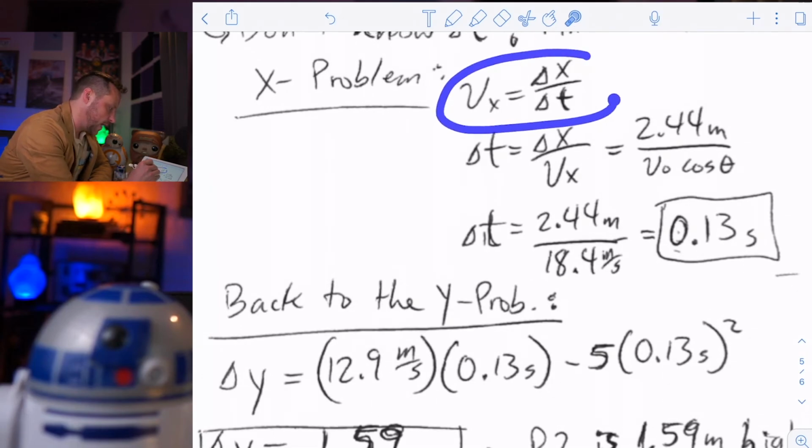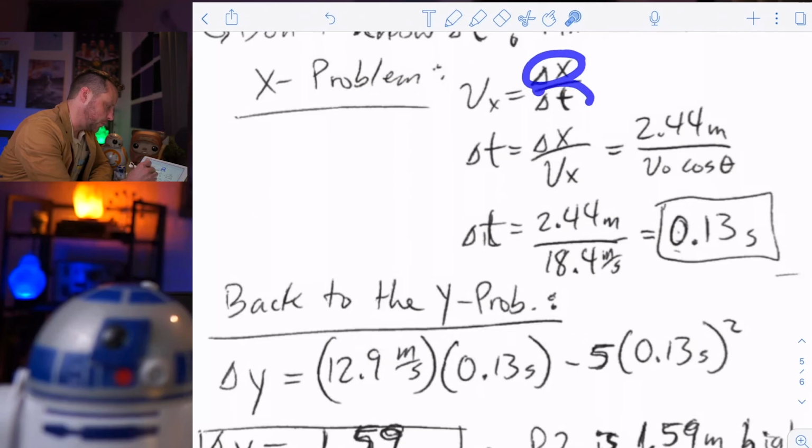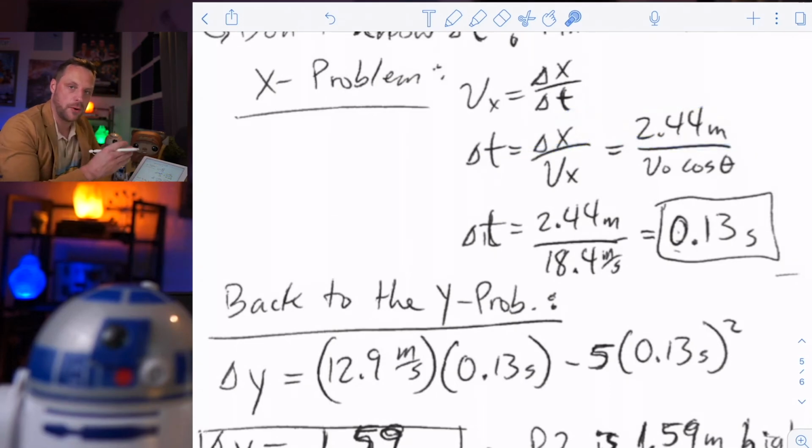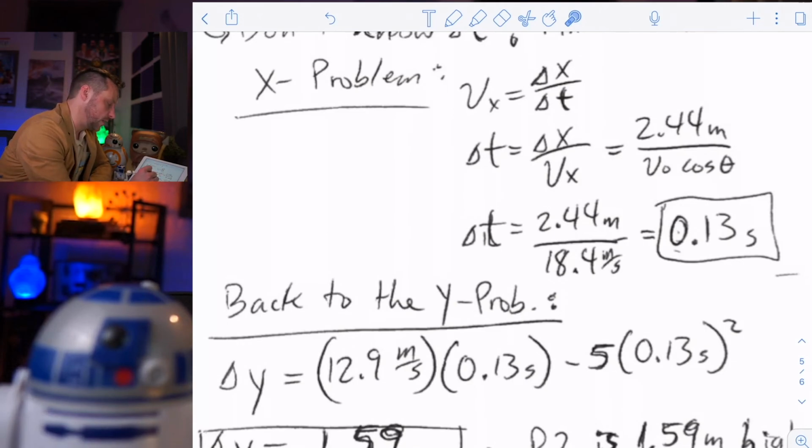So here's my average velocity equals displacement over time. And then I'm going to multiply time on both sides and divide both sides by horizontal velocity. And so that's why I end up with delta t equals delta x over v sub x. Plug in my delta x. I know that Luke is 2.44 meters away from where R2 is launched. So this is where R2 is going to be at this time. And then my horizontal velocity is my initial velocity times cosine of theta. And so then we're going to plug in our numbers. Divide 2.44 meters by 18.4 meters per second. And the meters again cancel, friends, and you end up with